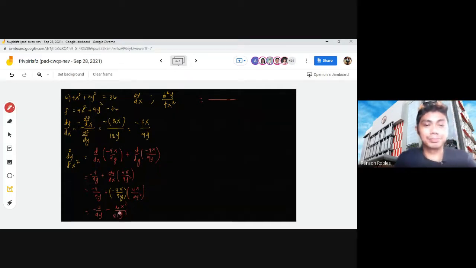Yeah, it's 81. Then you get the LCD. That's 81y cubed. And then 81y cubed divided by 9y, that's 9y squared times negative 4, negative 36y squared. Then minus 81y cubed. Am I right? Tama ba? Hold on. 81y cubed divided by 9y, that's 9y squared times negative 4, negative 36y squared. Then 81y cubed divided by 81y cubed, that's 1 times 16x squared. Right? And then,